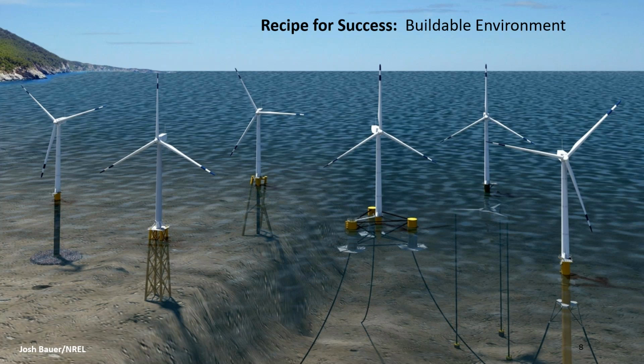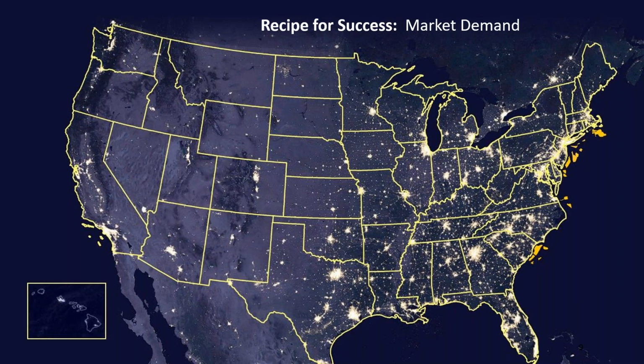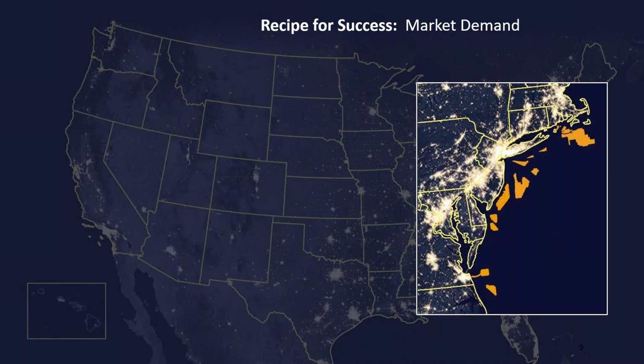And the third piece, of course, the next slide, which is critical, is markets. And you can see there's markets on the West Coast and there's tremendous markets on the East Coast, of course, from Richmond, Washington, all the way up through Boston. And you can also see that in this area in the Northeast, we have a very substantial amount of leases. We have 16 leases, and we also have some planning areas that we're considering for additional leasing.